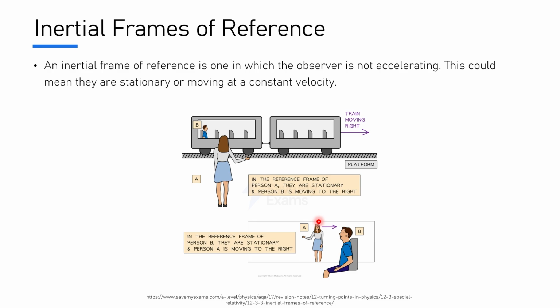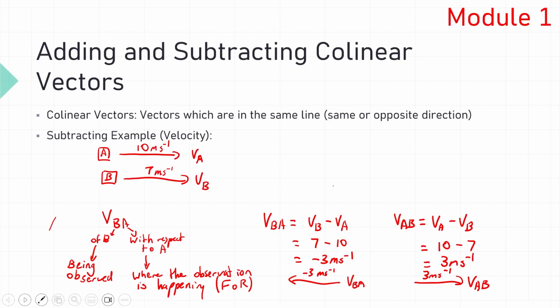This phenomenon and concept is important because what it suggests is that if you are in an inertial frame of reference, you can't actually do an experiment within your frame of reference to prove whether you are stationary or moving at a constant speed. The only way that you can tell is by looking at your surroundings and see the world moving around you. Or if you're stationary, not moving around you. And it's this concept which we will look at a little bit later. We've already analysed the concept of frames of reference in Module 1.